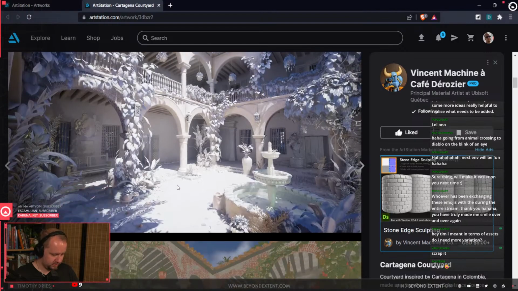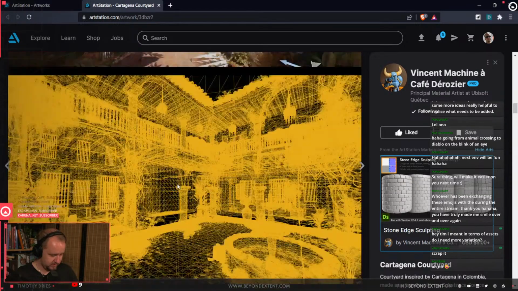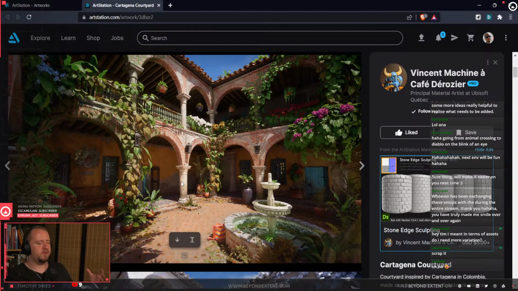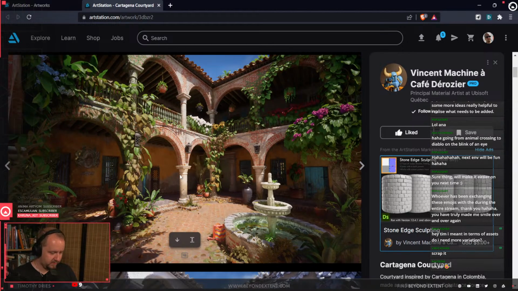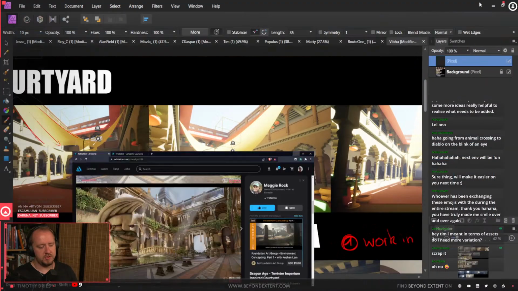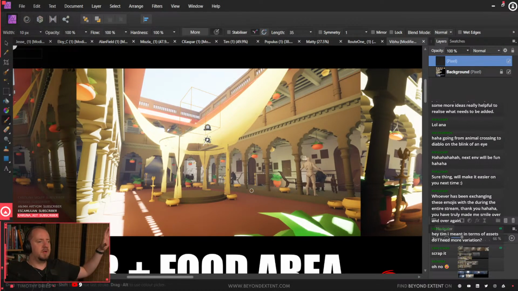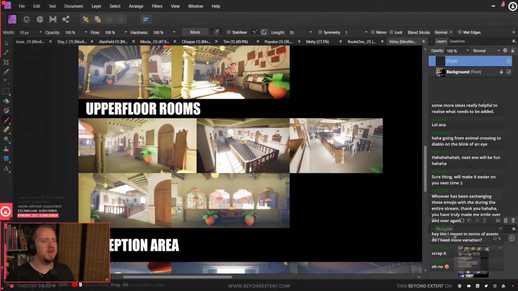Courtyard, right? Same here. This is even a single shot, or maybe there's a couple more shots, but there's not much happening here. In terms of density, of course, this is more foliage focused. But this is a single shot, courtyard, looks nice, executed really well. That's what you should aim for: something that just wows people with the one shot, and then let them explore that one shot. Because all the additional stuff, I mean, it's nice,